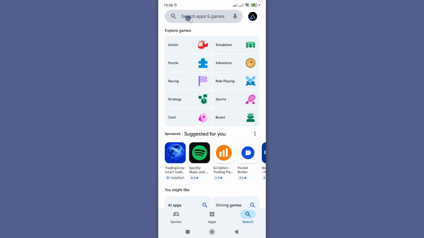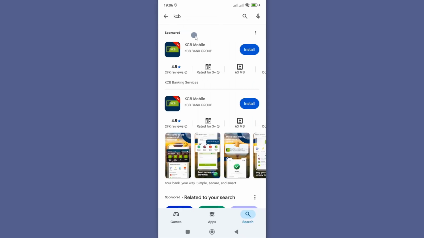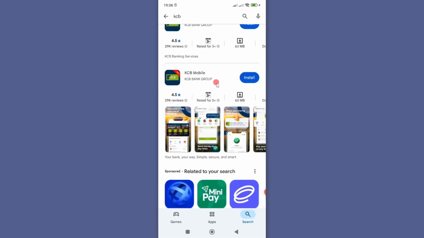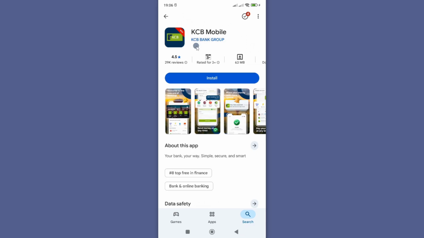However, if you can't see this search bar, you should see a search icon. Just tap on it and then search for KCB. And if I tap on KCB, you can see here is our app. So these and these are the same, only that this is a sponsored recommendation. So I'll tap on it, and here to know that is the right KCB mobile app, make sure it is